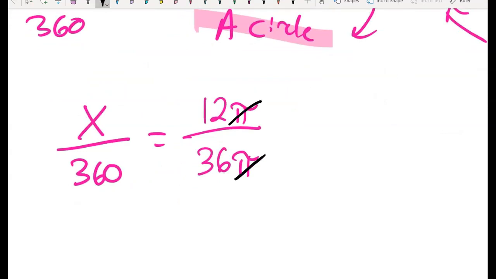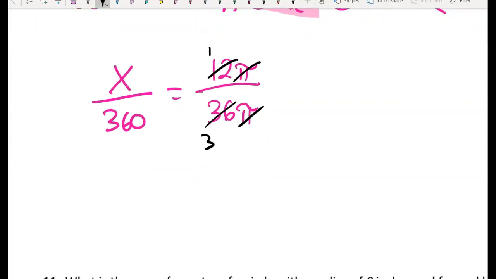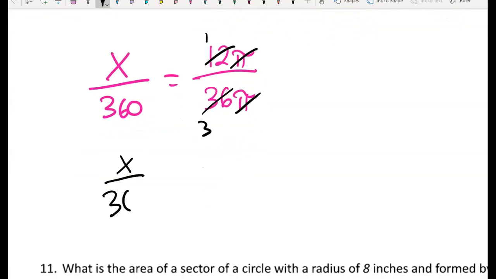Pi divided by pi is just 1, because anything divided by itself is 1. And if I divide 12 by 12, I get 1. And if I divide 36 by 12, I get 3. So if I wanted to reduce this before I start multiplying across,